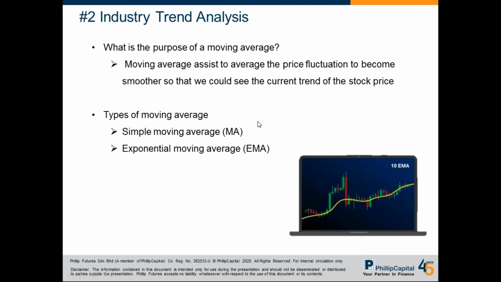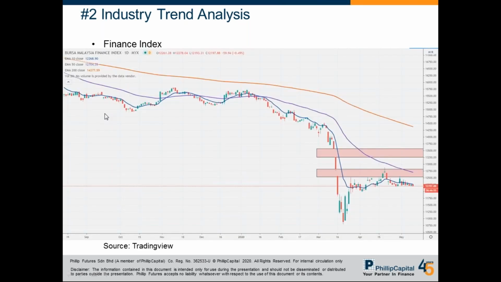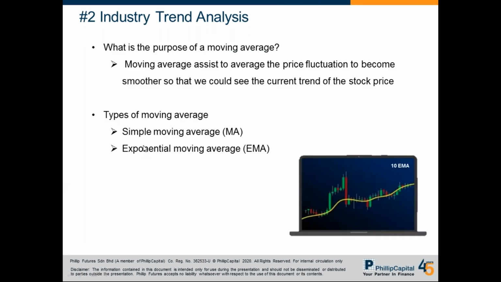So in general, in technical analysis, there are two simple ways to use the moving average. The first one we call the simple moving average. This first one is really simple. How do you calculate it? If we are using a 10-day moving average, you just take the closing price of the stock for the past 10 days, add it all up, divide by 10, and you get your moving average line, your simple moving average.